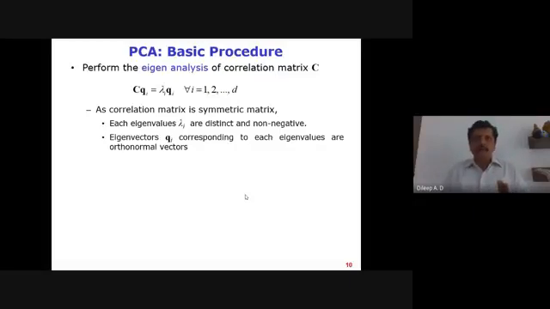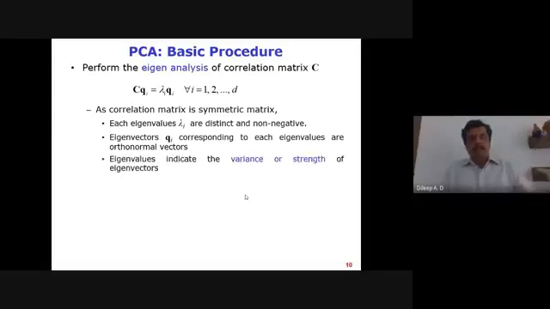Is that clear for you? So this is the first answer. How do you select the orthonormal vectors? We computed the eigen analysis on the correlation matrix, which gives the eigenvectors, and these eigenvectors are orthonormal vectors. Since they are unit vectors, they are the directions of projection. On these eigenvectors we perform the inner product operation, that is, we project my input data onto these eigenvectors.